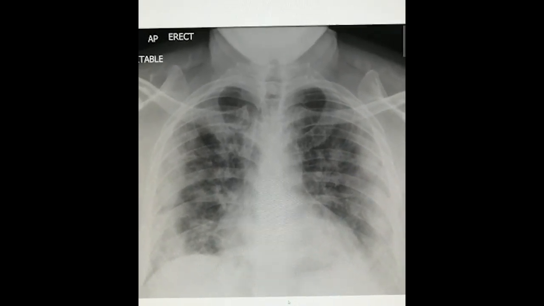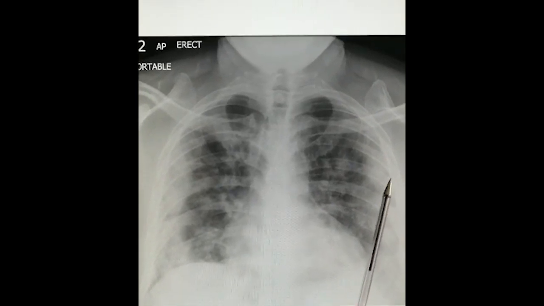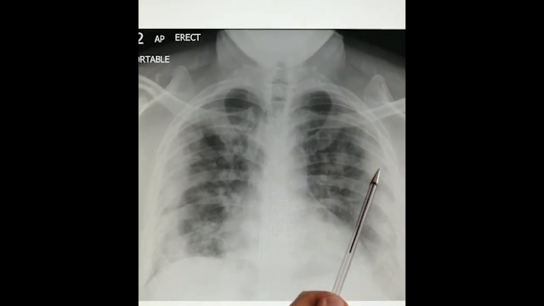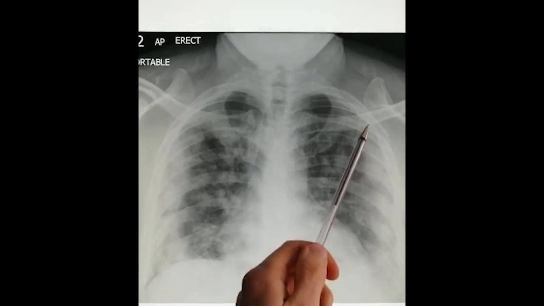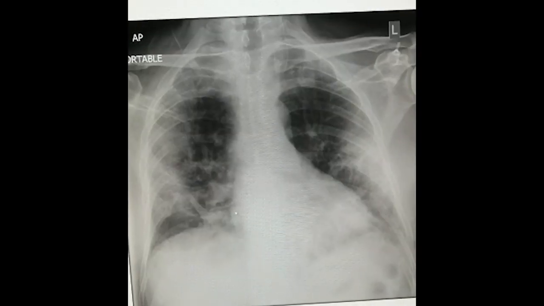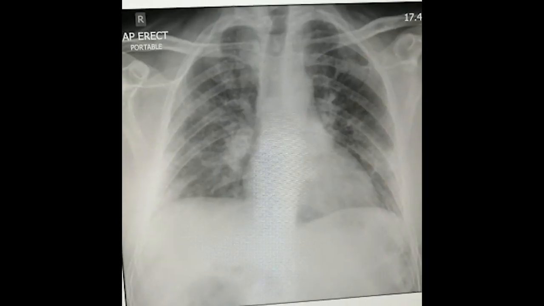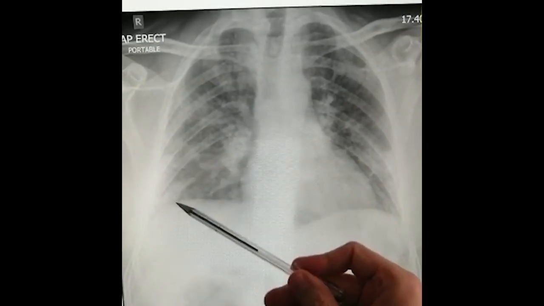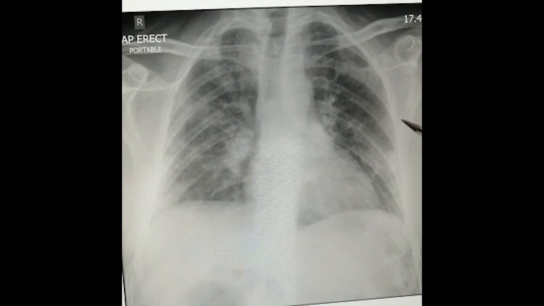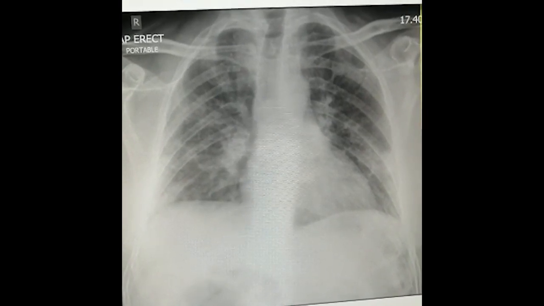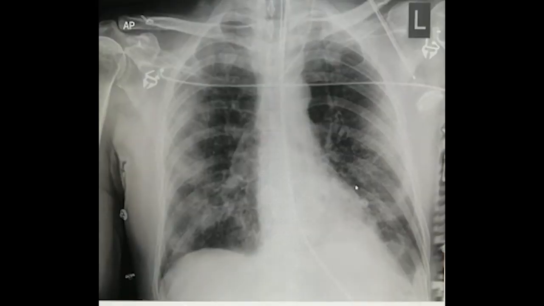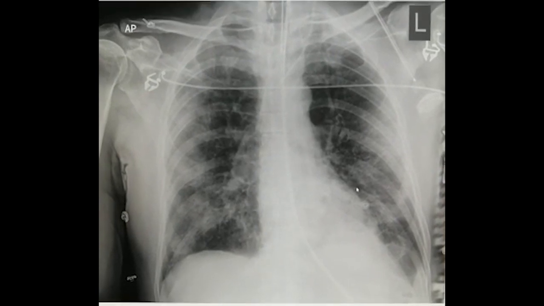Now, this is normally always bilateral, so as you can see on the other side, very much the same thing. It's patchy, and it's peripheral. And unfortunately we see this again and again. Mid, lower zones, peripheral, patchy consolidation. Of course, a lot of these patients are ending up on ITU, and if you are looking